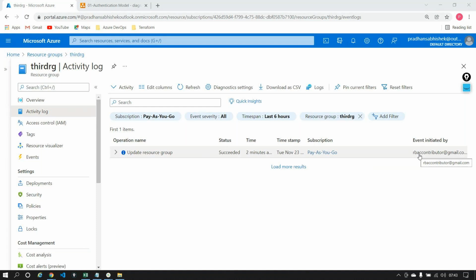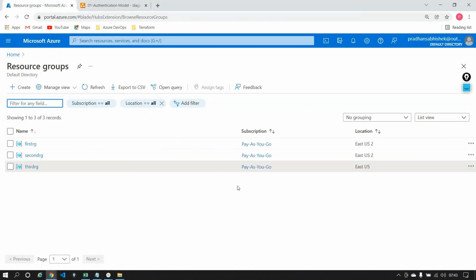Any more questions, guys? I'm sorry, Anis, but I'm not able to hear you at all. I want to know if the log file will be purged after some time. Is there any time duration, or will it be kept permanently? Normally, when I observed, it takes about 2 or 3 minutes for the logs to be generated. After the event is initiated, it takes about 2 or 3 minutes for the logs to get reflected.